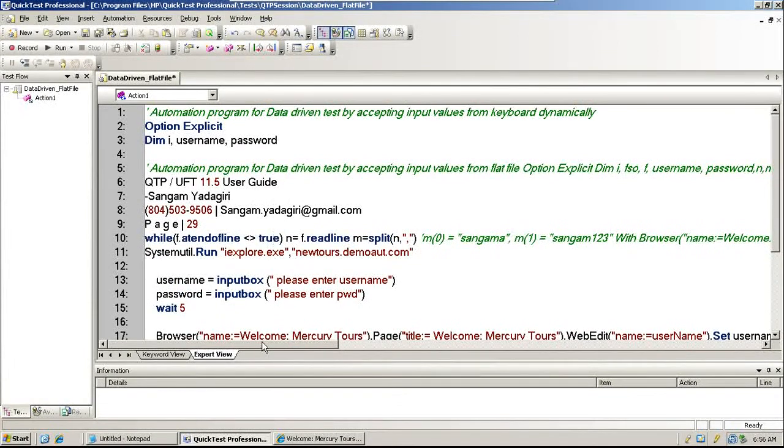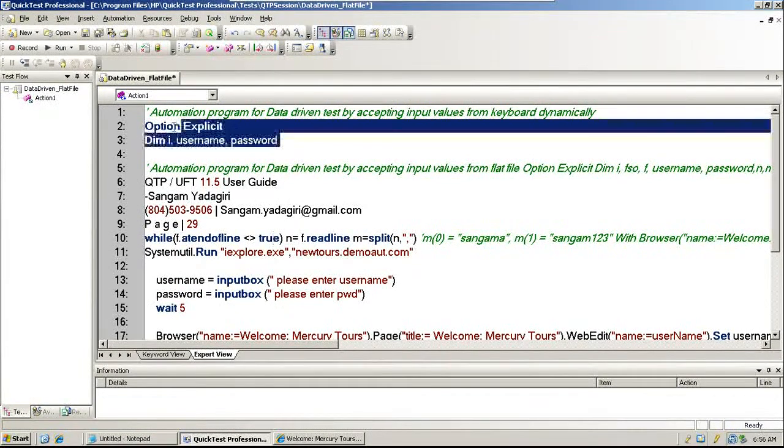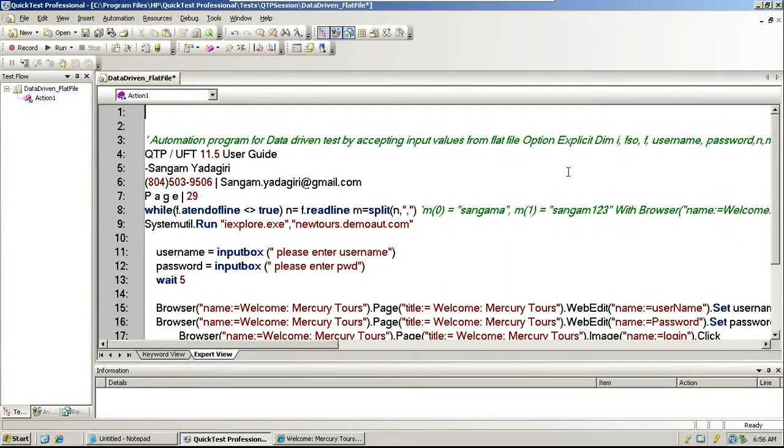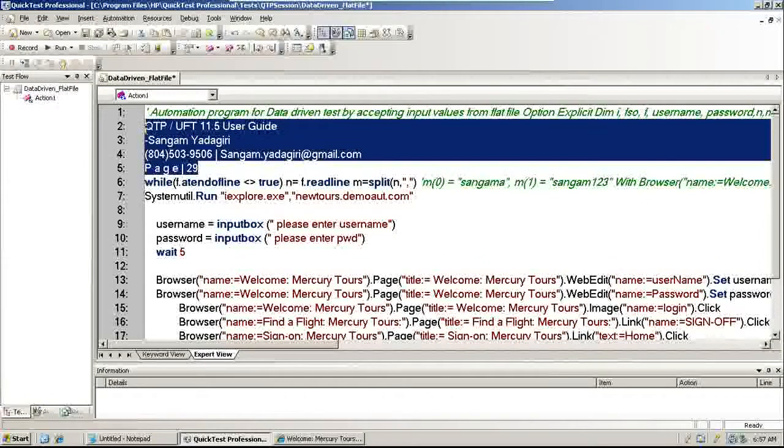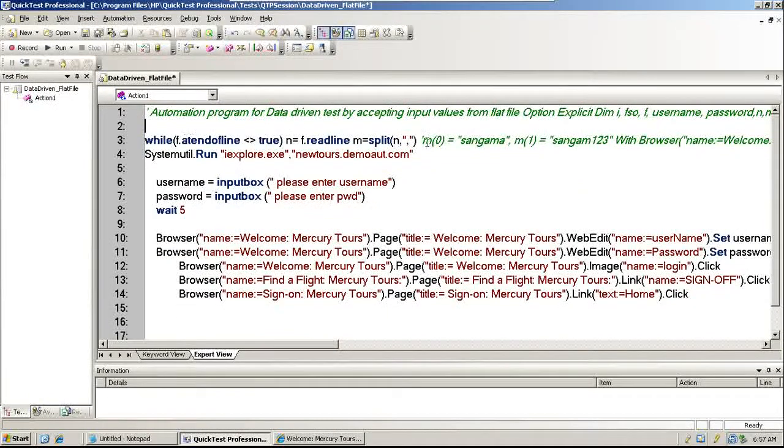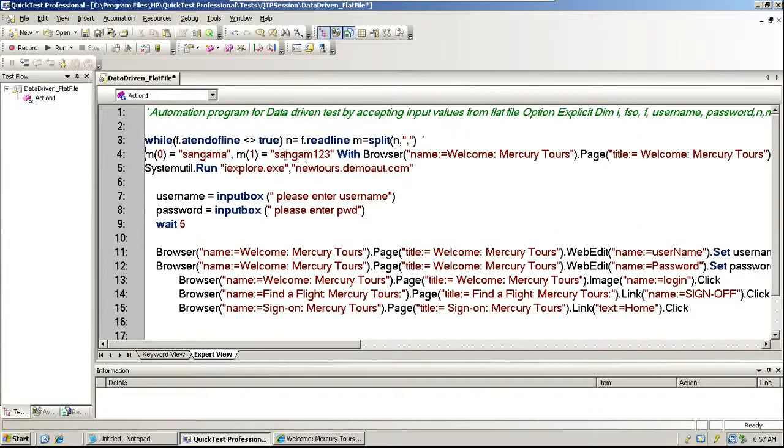I'll take some lines but delete other lines, and I'll explain again, don't worry. The whole thing came, right? I copied it. We just wanted this file system object code. You don't need to remember it, you can copy paste it in your project. It's basically the same set of 3 lines that anybody, even your project manager, uses.